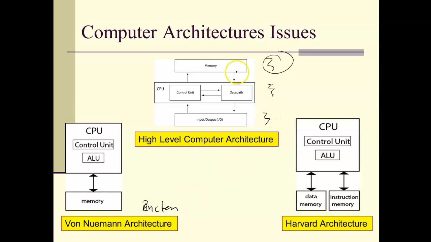So with a computer memory, we're storing two things. We're storing data, just kind of generic data, and we're storing instructions, which is essentially program memory. So the difference between these two architectures, in the more simple version, we'll get into both versions, the version that everyone accepts it as, is that